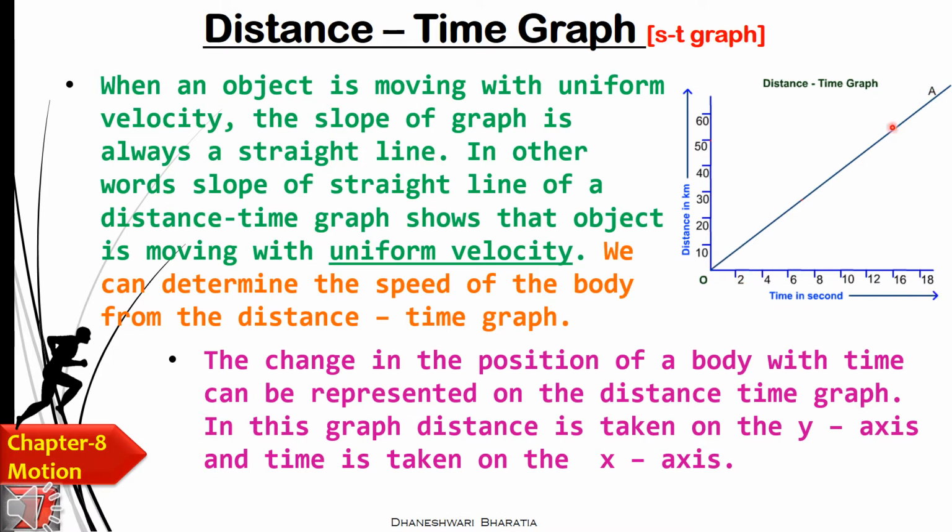Now if you observe, with the regular increase in the time duration, the speed, or I can say the distance, is also increasing at regular intervals of time. That is why it is known as uniform velocity. Fine. And the graph is obtained in the straight line form, which means it is the uniform velocity graph, or I can say the distance time graph is showing the slope of a straight line when it is moving with uniform velocity. Okay.